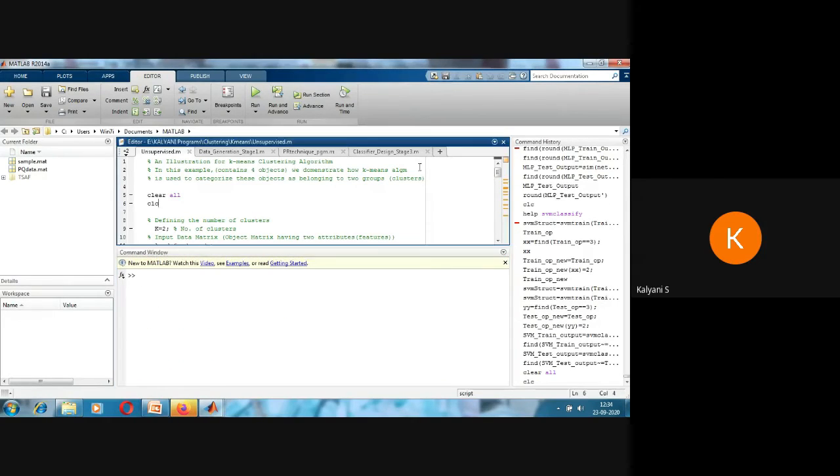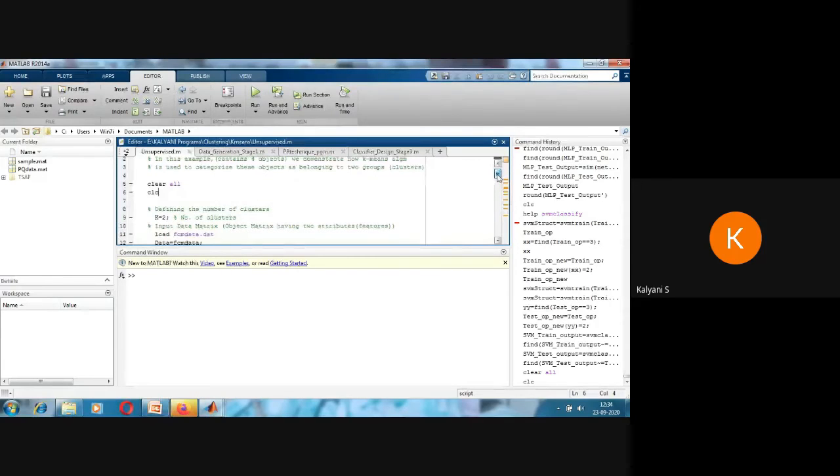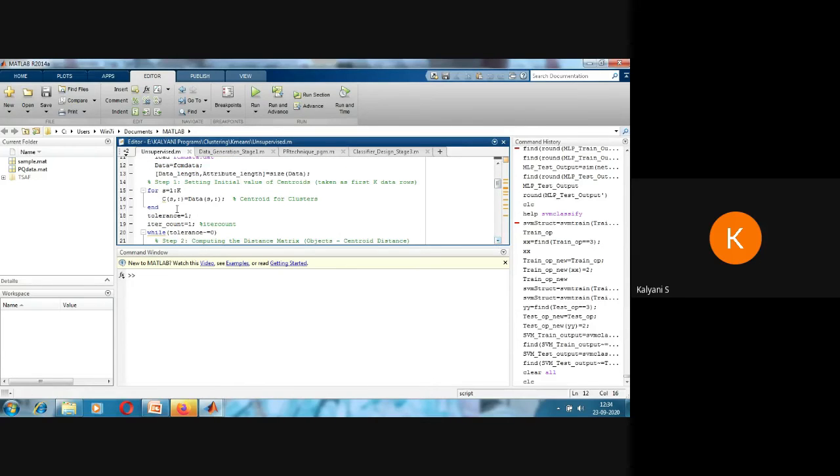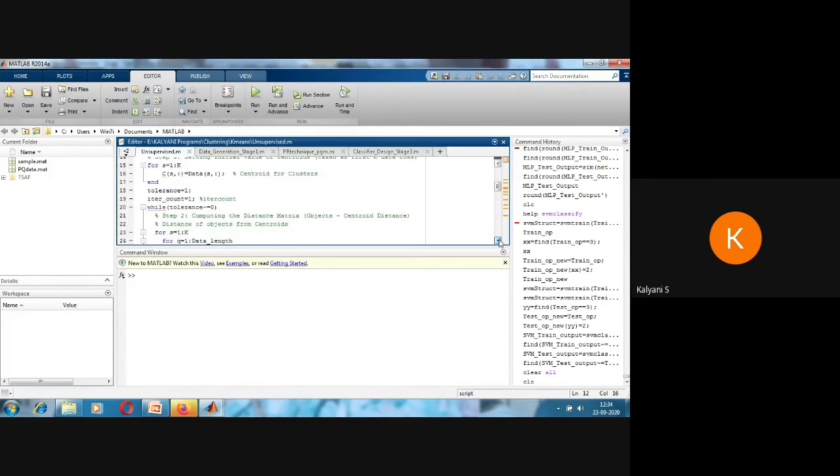Now what I'm going to do here: this is clear all, clc. I'm loading some data. And then what you have to do in k-means is fix the cluster centers. Initially I'm choosing any one of the data, first row or second row, as the cluster center. And I'm doing the iteration process, finding the distance matrix.